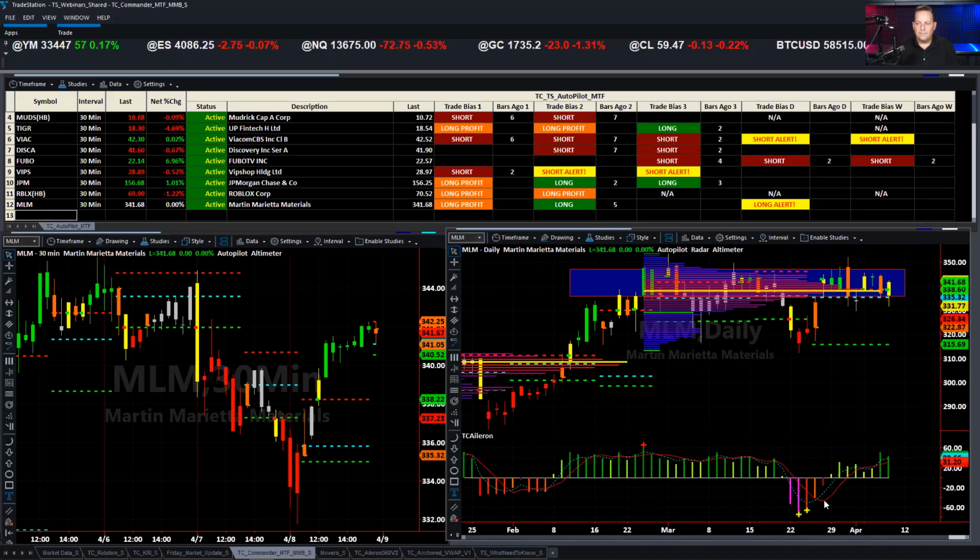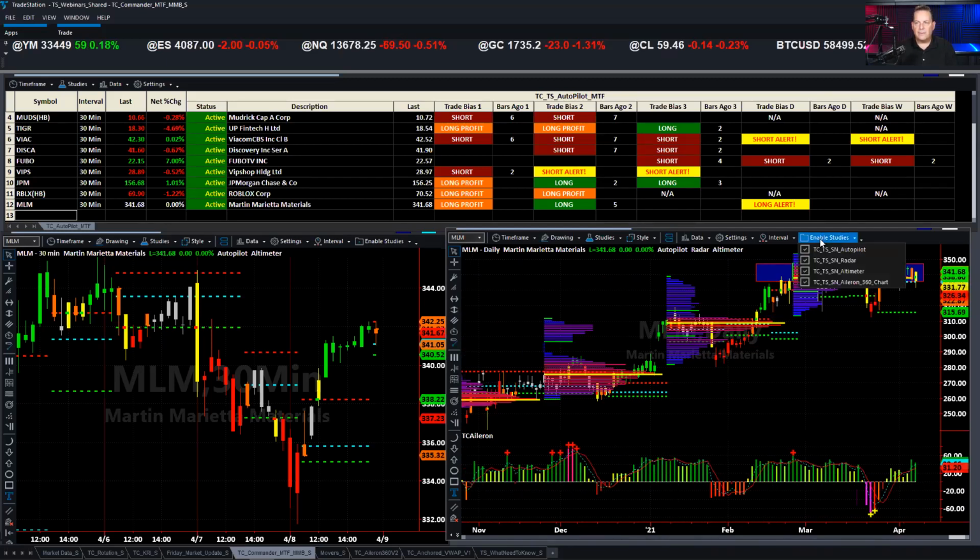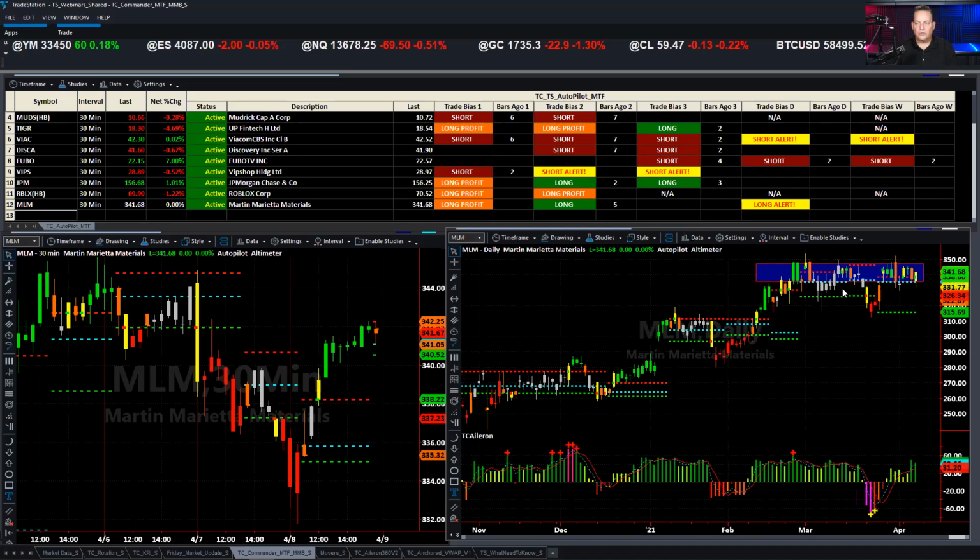This is the Aileron. This is an add-on to the Commander Series package. And it's showing that there's a good level of upside. Definitely we saw that blip right here for a few days. But generally speaking, from all the way back to February, it's been a pretty good uptrend mode and momentum for this stock. So everything about this looks pretty good. Even long-term, it looks good.